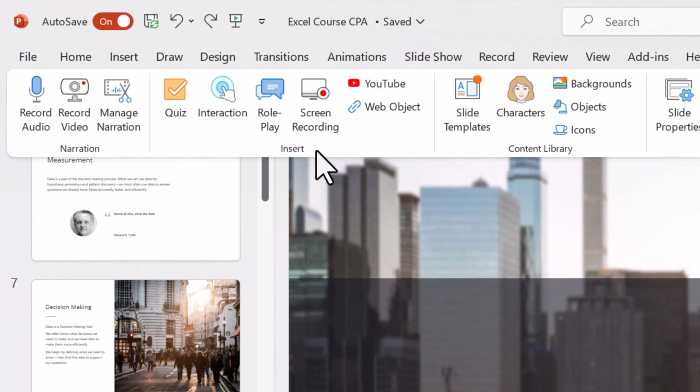I can do things like do an insert, things like a quiz, insert an interaction. So an interaction might be something like, for example, an image where I have hotspots on the image, or there's a lot of different interactions. We can do role playing, which is that simulation that you saw in the bear demo. So I can actually build that and branch that. So one decision can branch in one direction, another decision can branch in another direction. So you can see that I'm really starting to be able to build an interactive and exciting and dynamic course